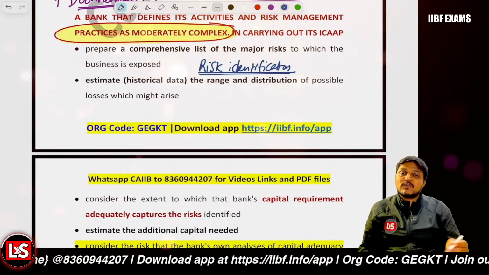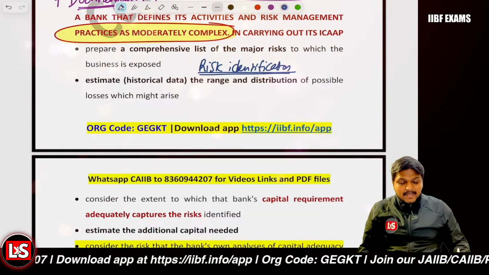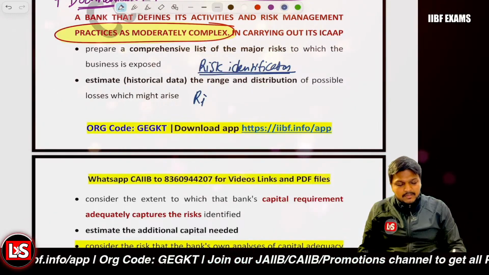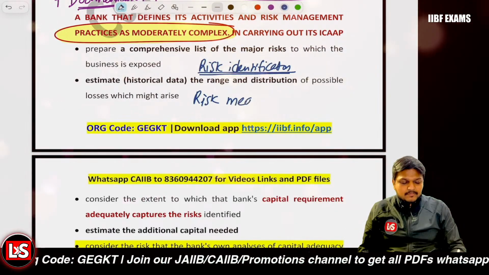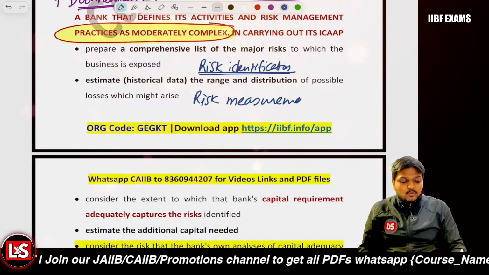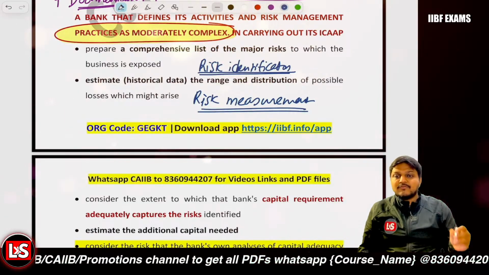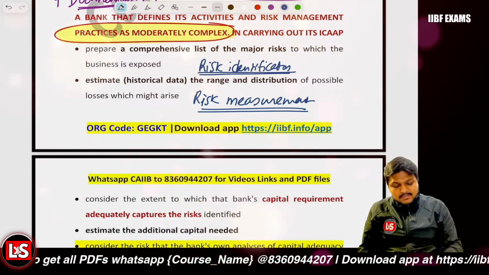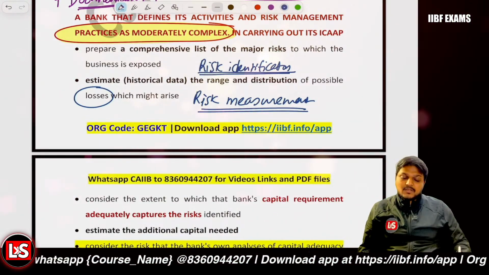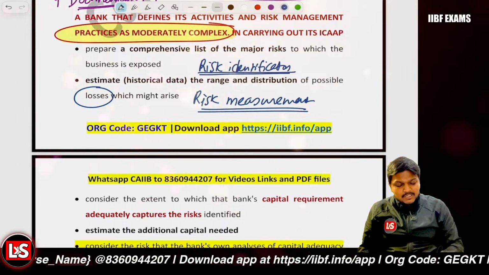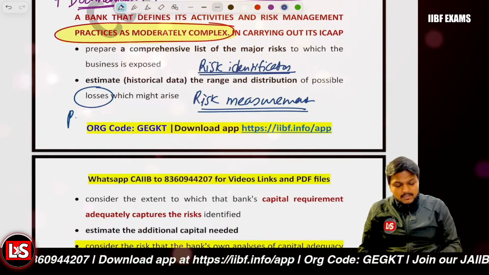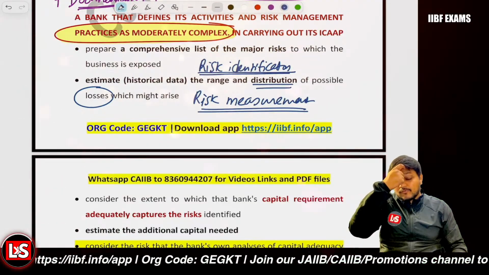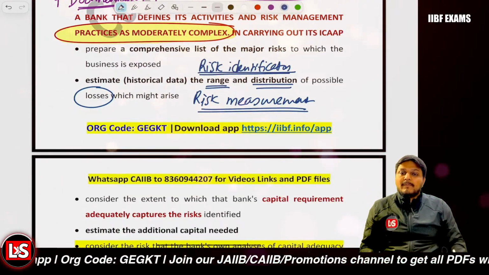What type of risks were there in history, right? And we can measure the risk using the historical data. So it will be about the risk measurement, done using the historical data. We are to estimate the losses, the loss distribution. We are to look into the probability ranges. So we will be going for the particular loss distribution, and also for the probability ranges, based upon the historical data.